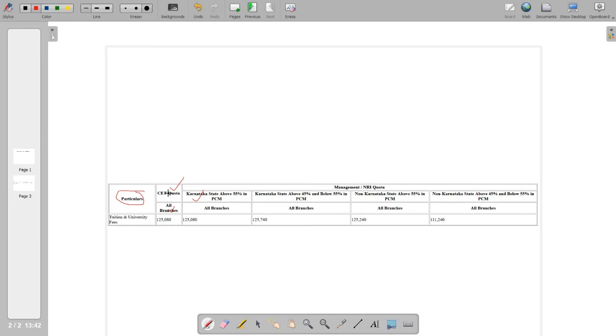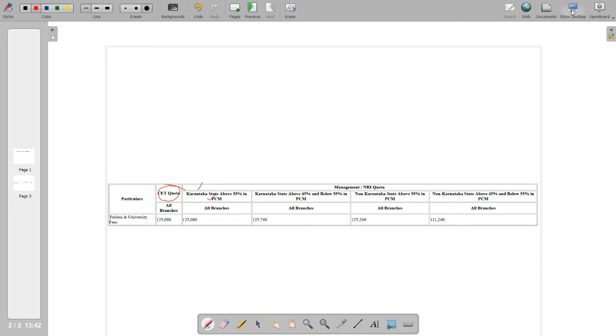Coming to the second one. Second one, you see CET quota, that is the second value, and this is again a merging of two rows. Clear, sir?